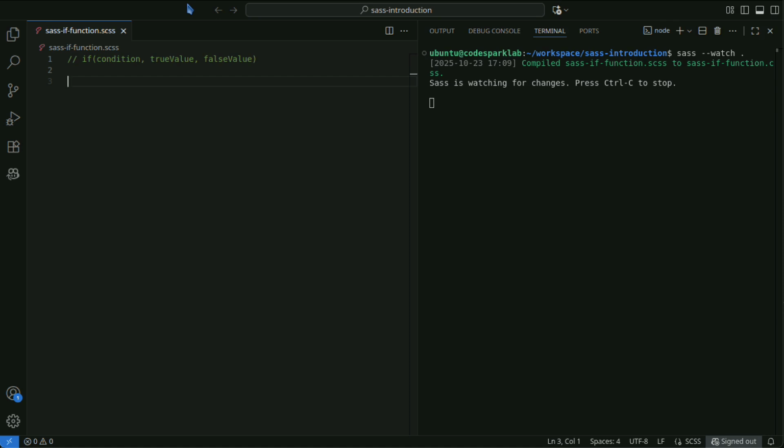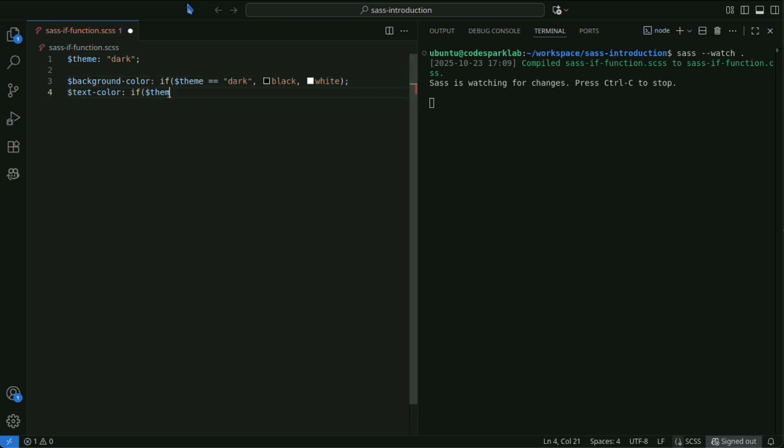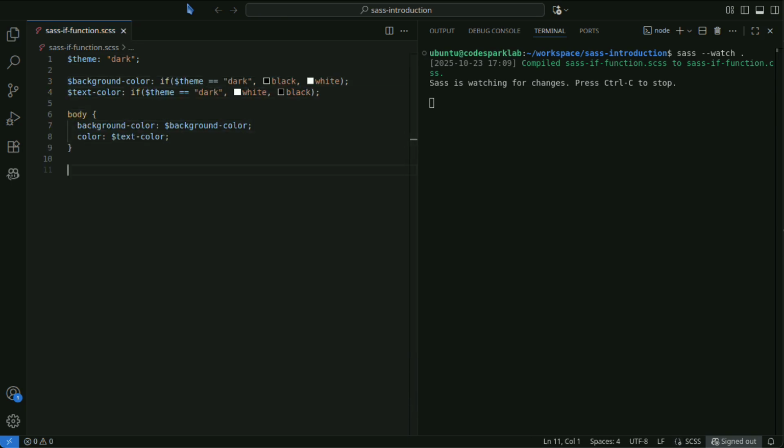For example, you can use the if function to change the background and text colors depending on whether the theme is dark or light. If the $theme variable is dark, the background becomes black with white text.